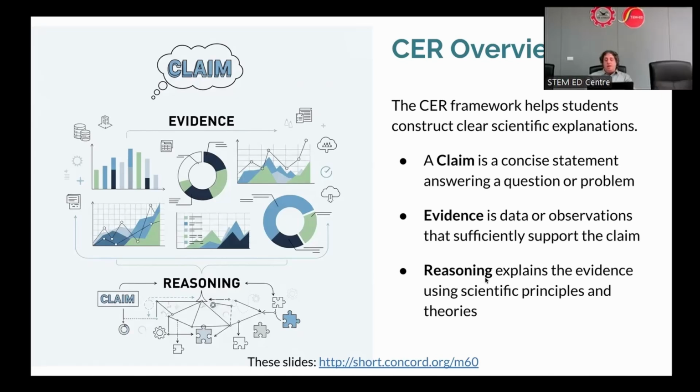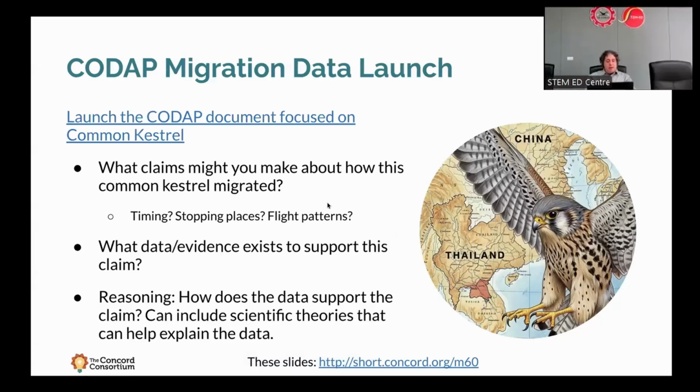And then the reasoning comes when you link. So here's the visualization, here's how I'm interpreting it, and how I believe this supports my claim. And so CODAP is a great tool for coming up with all kinds of ways to generate evidence for claims and then to explain your reasoning. In fact, let me go back